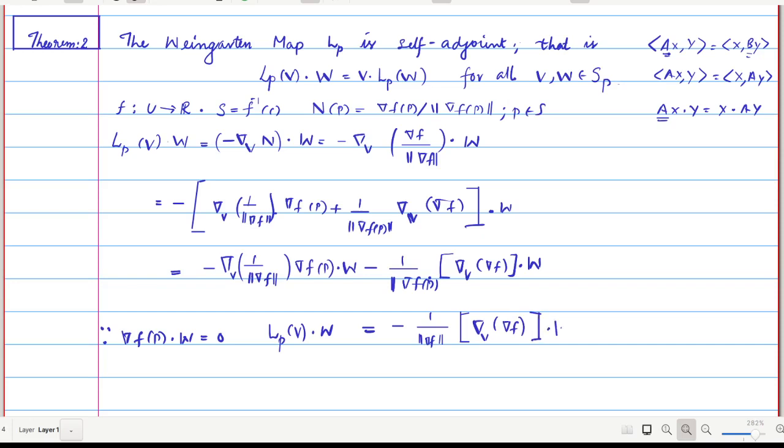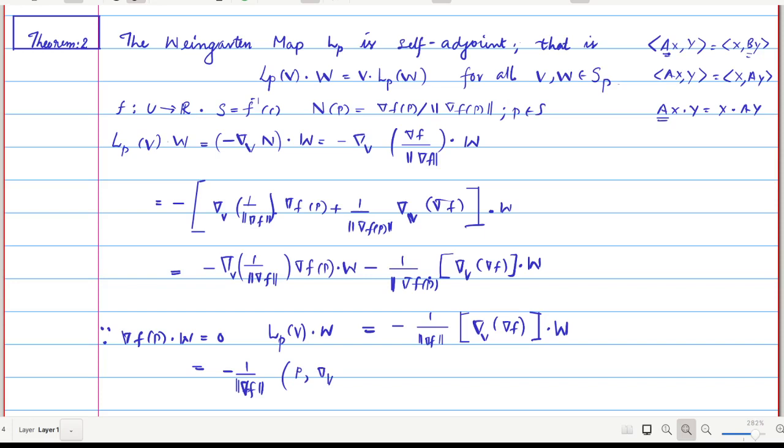So this is the left hand side LPV dot w. Okay, now we simplify this, that is equal to minus 1 by norm del f, this is norm del f times, we write this as p comma del v of, we need to find